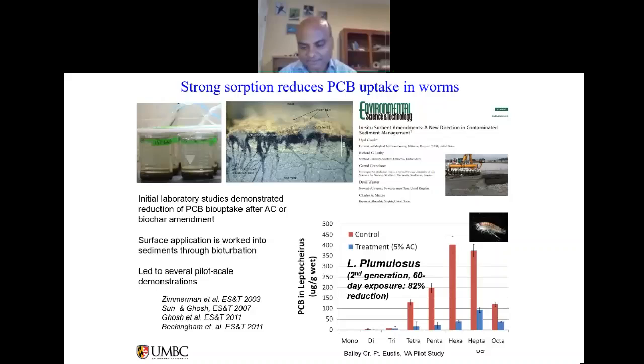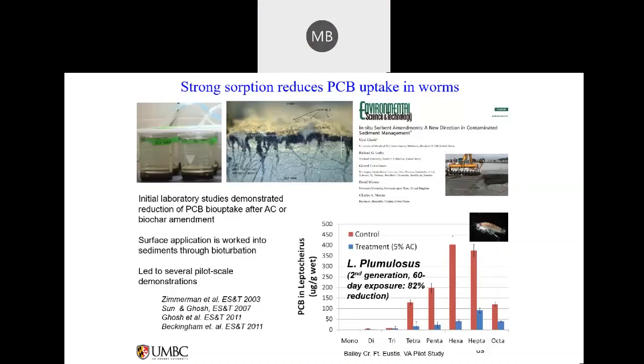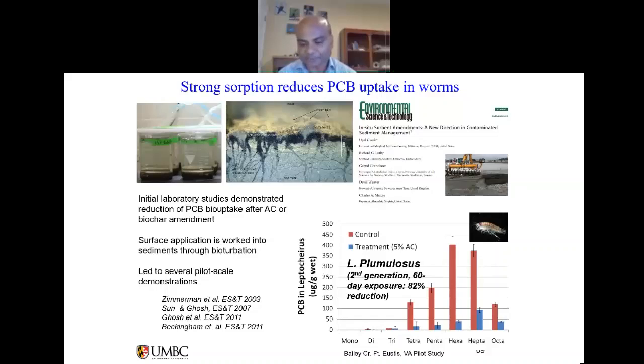So this is for the second generation. These organisms grew and produced new ones, and the new ones, after 60-day exposure, are showing 82% reduced uptake. So that's great, that if the base of the food web can be manipulated with the geochemical manipulation we did in these beakers, and these organisms take up 82% less, that can be a way of interrupting that pathway of exposure to the organisms without actually destroying the ecosystem. So that was really exciting. And we published a bunch of papers based on that.